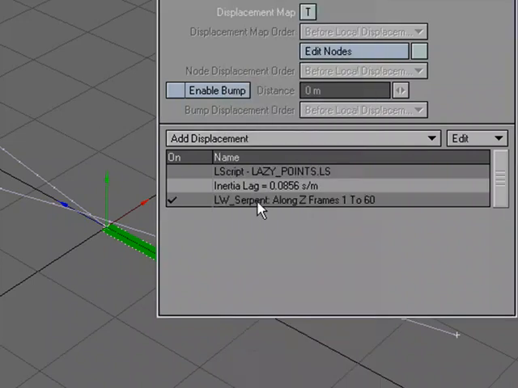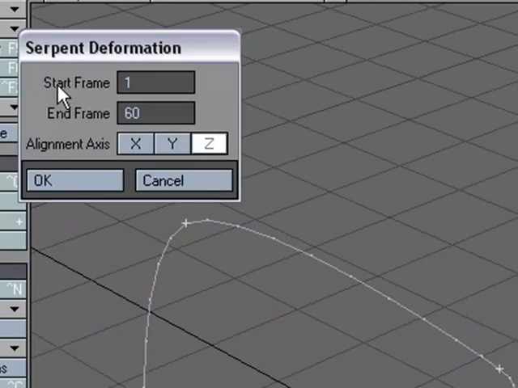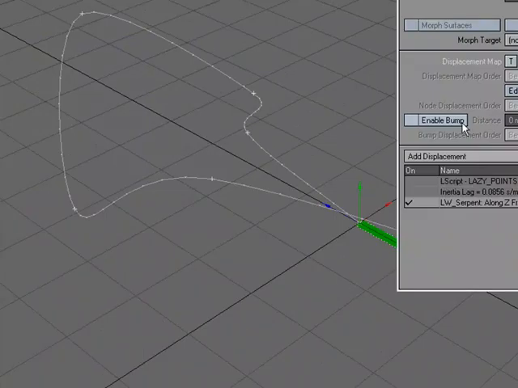Okay. Now it does have options. It lets you know when the start frame and when the end frame is. We can change this to 90 if we'd like, and you can pick the alignment axis. I'm going to use Z because we start traveling down the Z. Okay, and hit OK. And I'm going to go ahead and close this for right now because we've got our